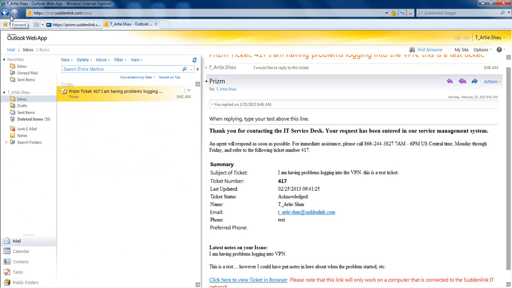What Prizm will do is actually receive the email from our end user or even from us from a reply. It'll append that information into the log on the ticket, and it will even alert the personnel who have been assigned to the ticket that, hey, this ticket's been updated, the customer has responded, and there's new information here. So all the correspondence will still go back and forth right from our Outlook client or from Outlook Web,